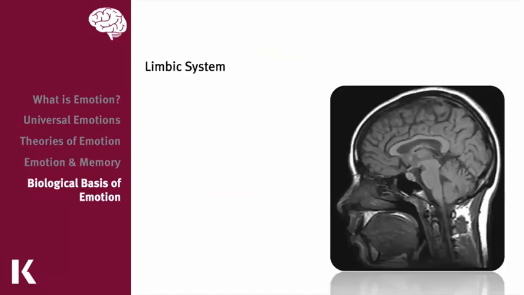Finally, we also want to be familiar with the regions of the brain that are responsible for processing our emotions. And the first is the limbic system, which is located just below the cerebrum, and it receives stimuli from our prefrontal cortex as well as our sensory systems in order to process our emotions. And there are three key structures within the limbic system. The first being the amygdala. The amygdala is able to process external cues and learn how a person's environment should influence their emotions. And the amygdala is associated with our fear response as well as our ability to interpret facial expressions.